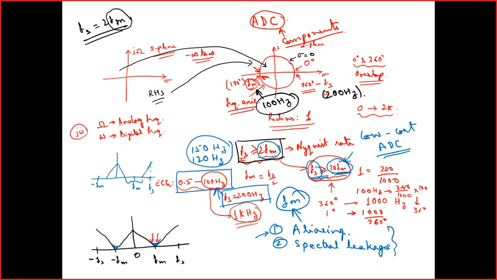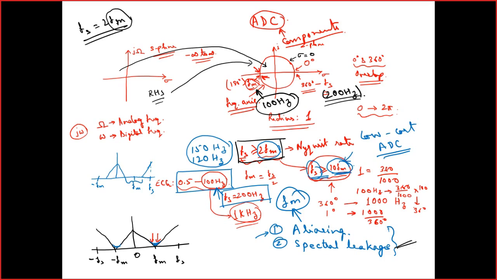However, as I told you, if we are using low cost analog to digital converters or something like this, it is quite possible that under this limiting condition of Fs equals 200 hertz, when we consider that the ECG signals have been band limited to 100 hertz, in that case what would happen? There may be spectral leakage, which would corrupt the signal.